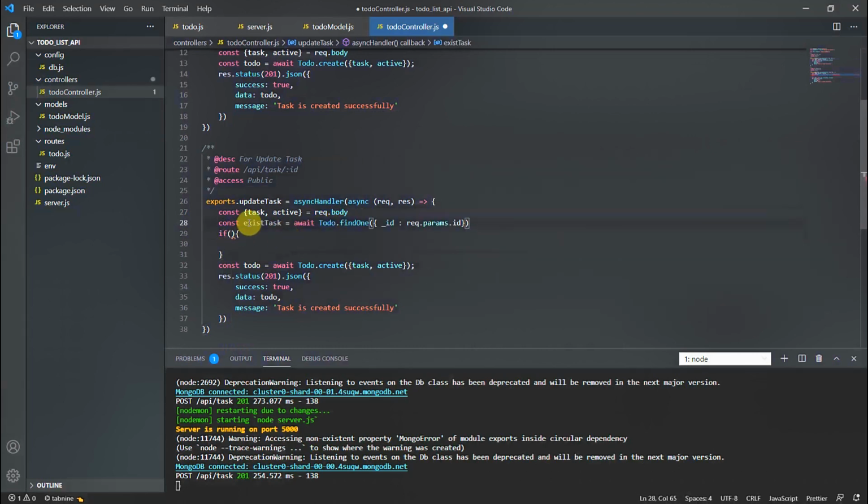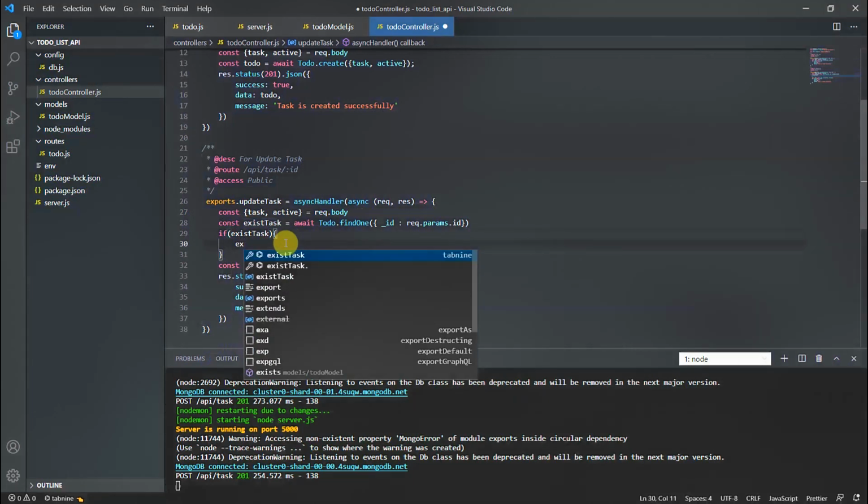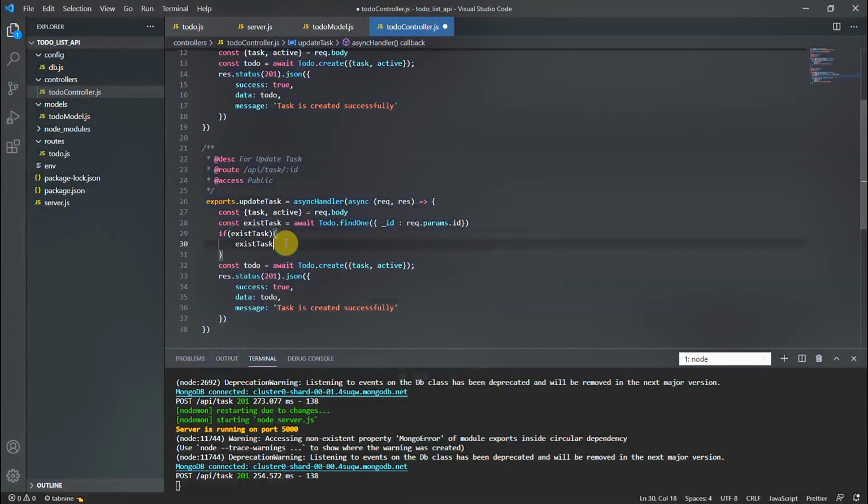So just cut it from here, paste it. If that existTask is there, then you can update. So for update, existTask.task equal to. existTask is basically the whole data that this function returns, the whole JSON file.